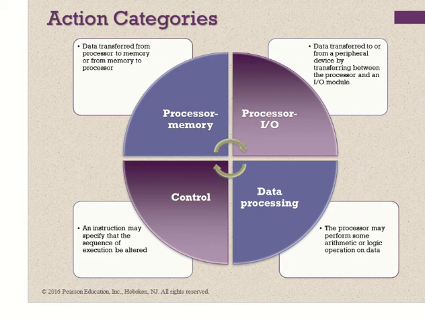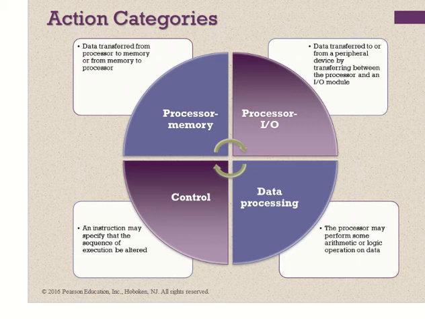Especially you may notice this type of sequence alteration if you have looping or if you have branching. You know, branching means if a condition, then do something, else do something. In if else, you don't have the execution in sequence. Even in looping, it won't be in sequence. You need to go back and execute something. Can you get that? There is a change in the sequence. So who will specify the change in the execution sequence? The control unit, control action.